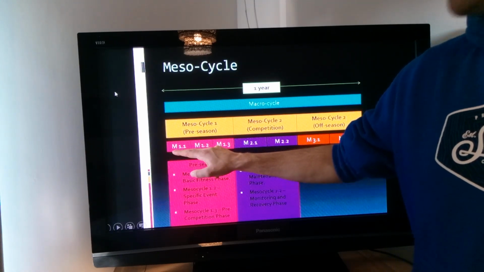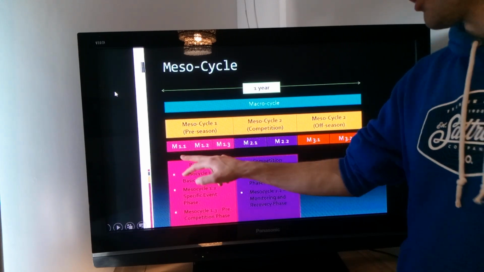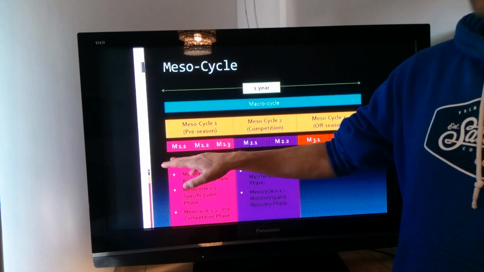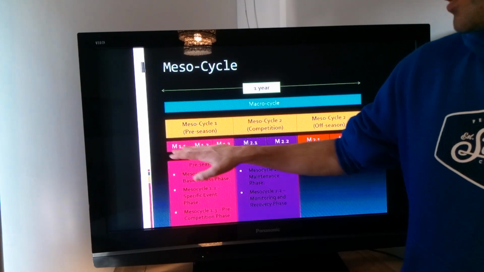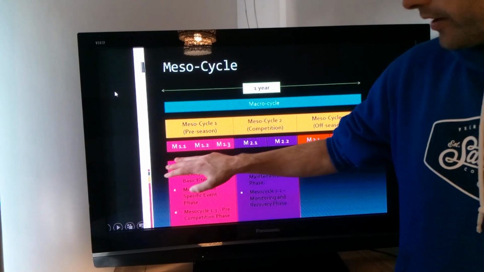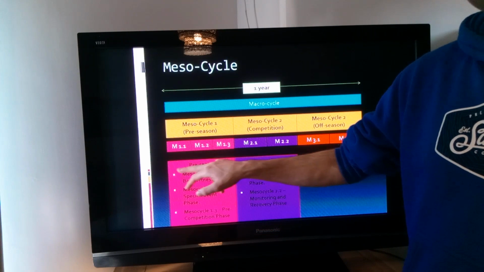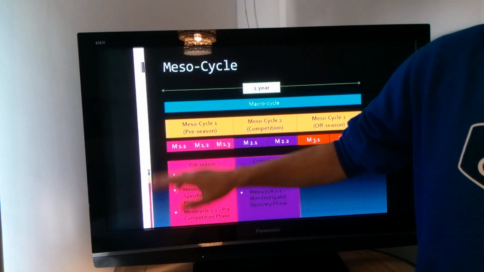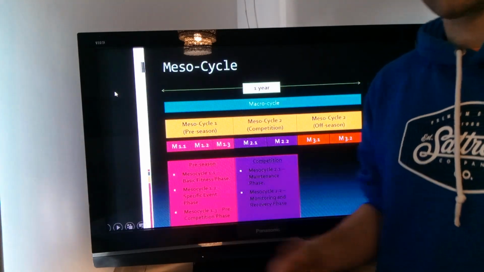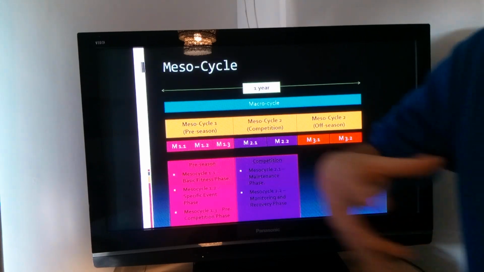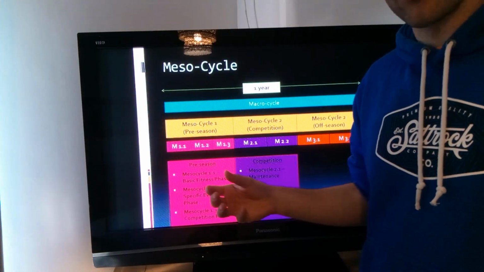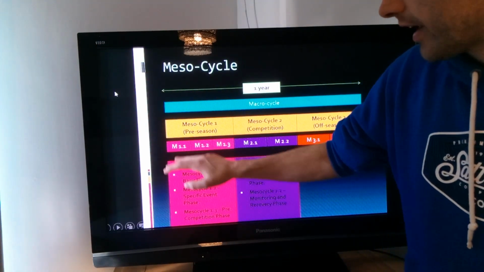Microcycle 1 in week 1 might literally just be low level, low intensity aerobic work. Week 2 could be a slight increase in that, so we start to add in some more anaerobic work. Week 3 could be that we're starting to bring in some sprints and work at a higher intensity, and we're also increasing the duration that we're running for. So it can change within here.